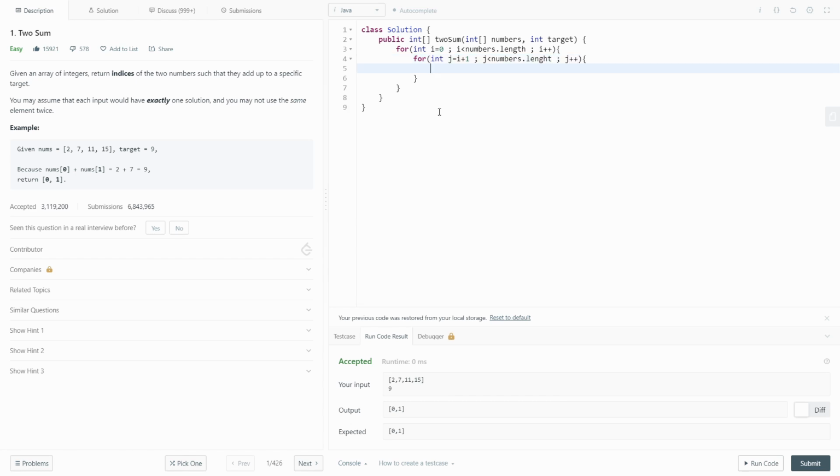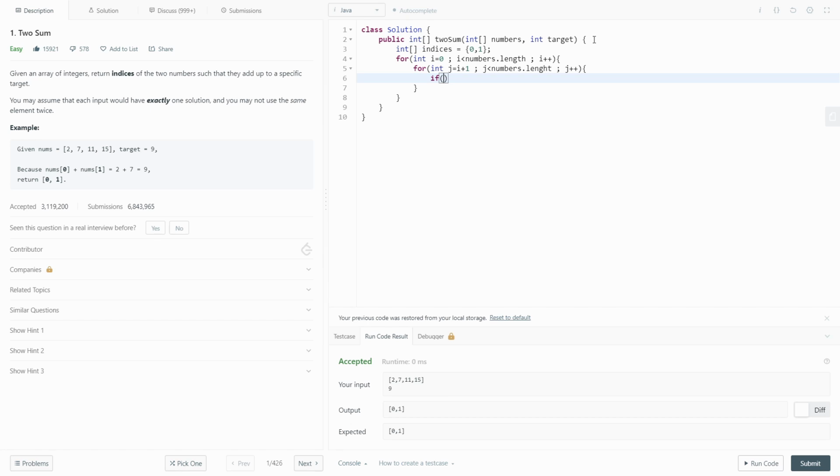So we have two for loops here, and we can have an integer array. Since we have to return an integer array of indices, let's name it indices, with initial values 0 and 1. Now we will have an if condition. It's fairly straightforward, and you can understand it even without explanation, but first I wanted to explain a brute force approach, and then we will make it better.